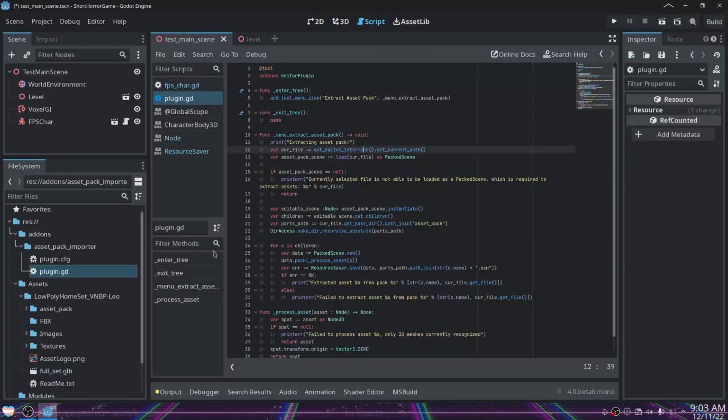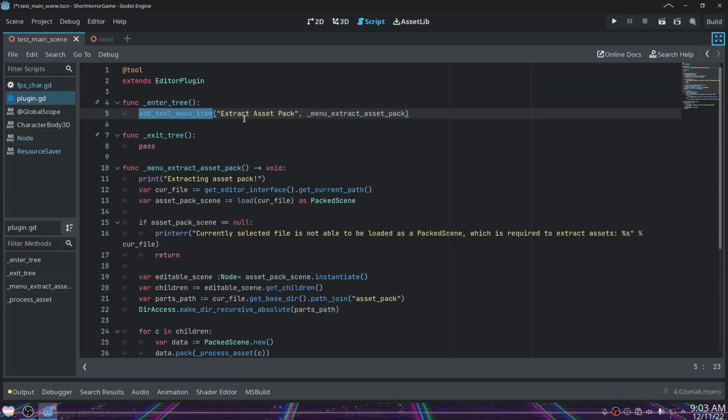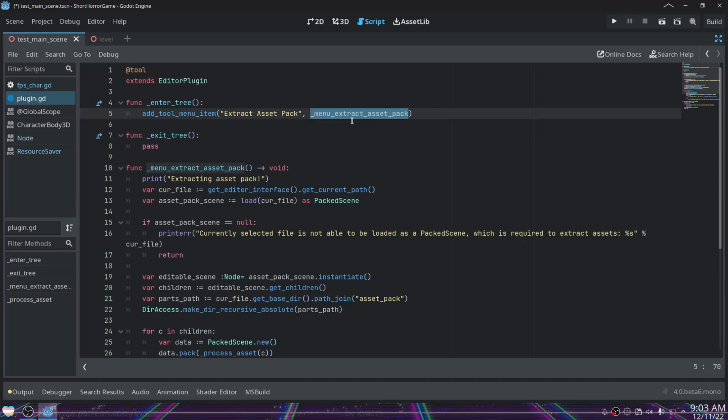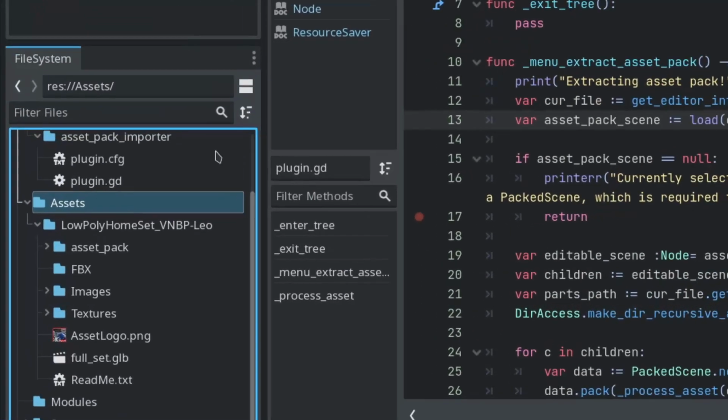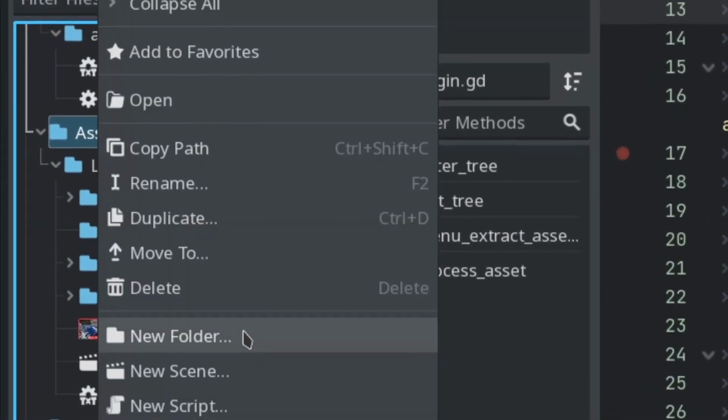You can see it's just one script file. Let me make this bigger. It's adding a menu item, extract asset pack. And now in the new GDScript, we can just reference the method itself as a callable. And so we have this function that'll extract the asset pack, and I have some properties for what it should do. And so if I make a temp folder here,